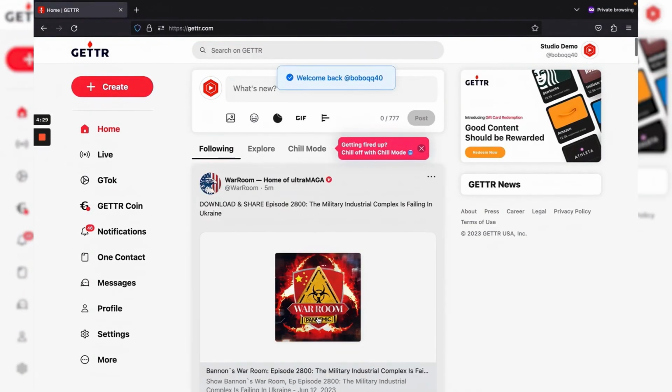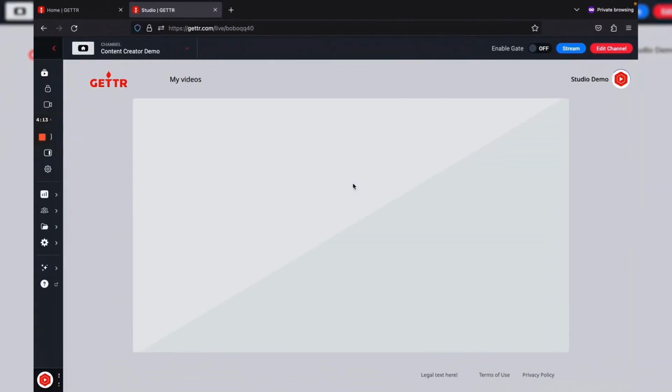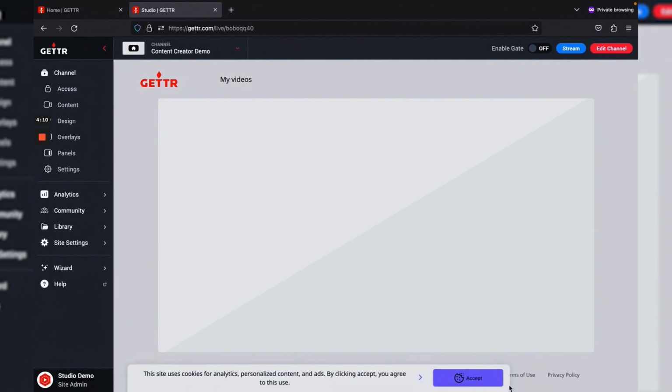Once your GETTR account loads, press the Create button and access Studio. You'll see that Studio redirects you to the Studio homepage. Let's go over a brief overlay